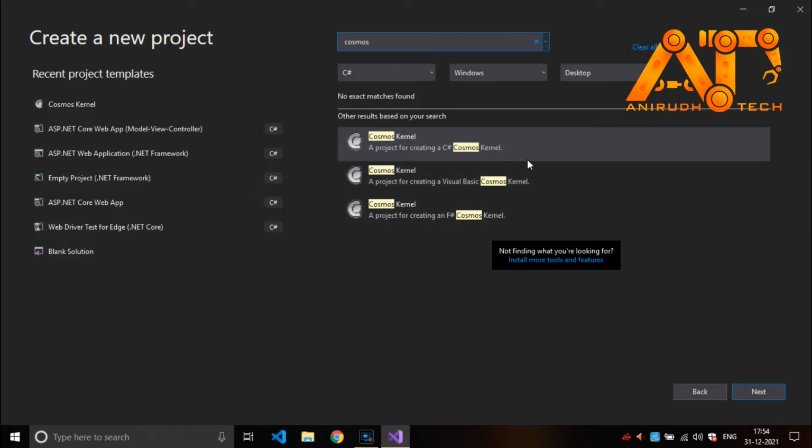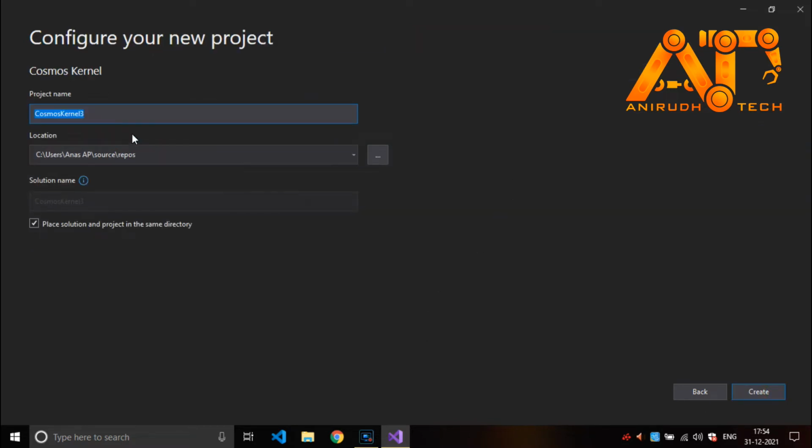I need C Sharp, so I am going with it. You can give a name here, I'm just giving operating system. Select your location, choose to place the solution and project in the same directory, and click on create.